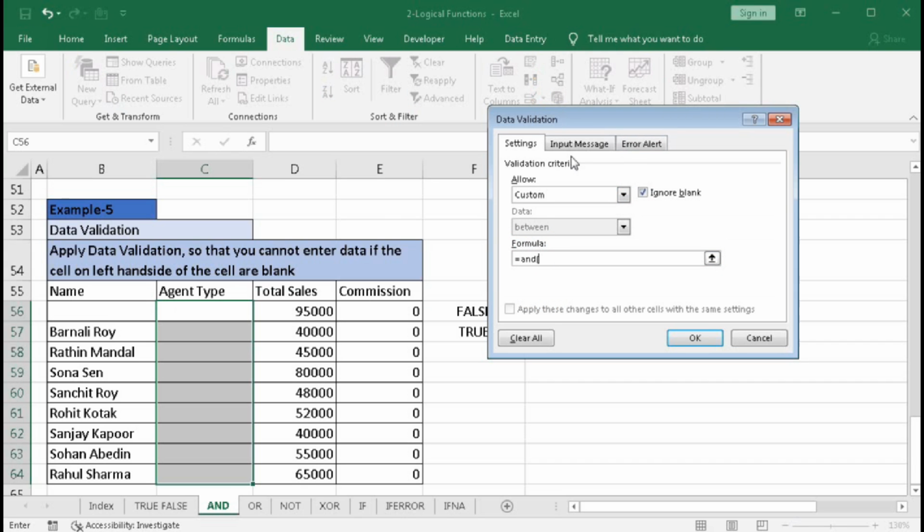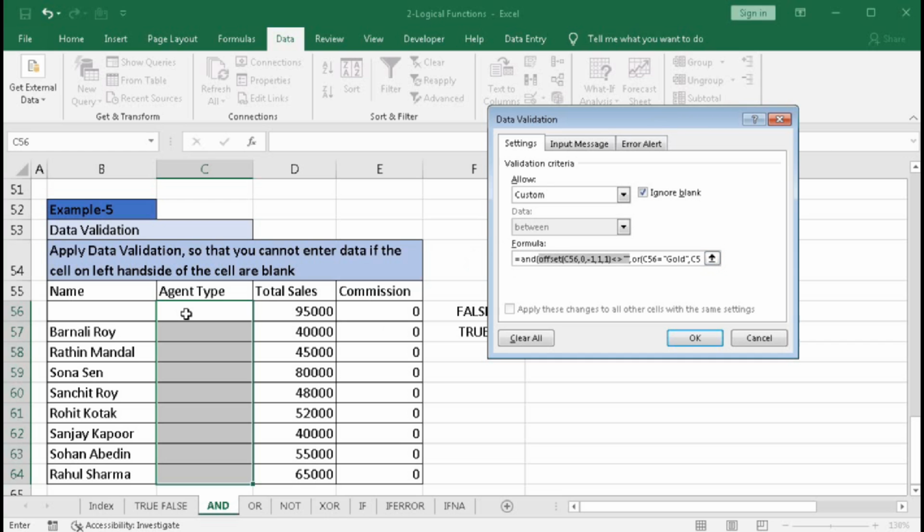Here equal to AND, OFFSET this cell comma 0 rows down, 1 column, minus 1 column to the right, and 1 height, 1 width, bracket close, not equal to blank, comma, OR this cell equal to gold, comma, this cell equal to silver, comma, this cell equal to bronze, and close the OR and the AND.